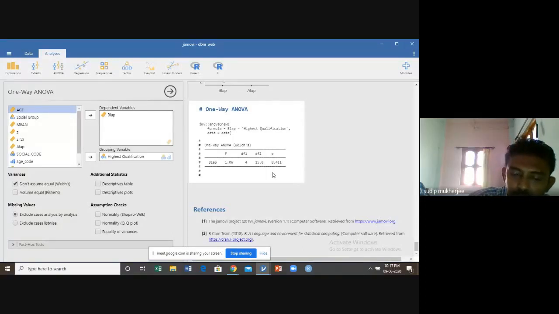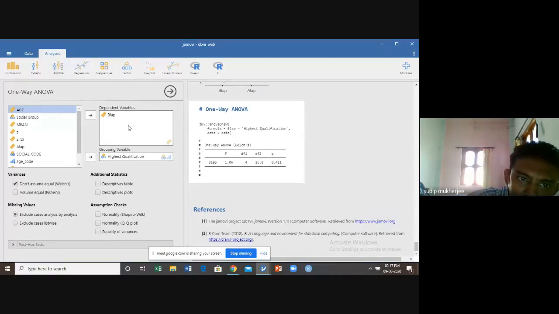As I told earlier, if the p-value is less than 0.05, we accept the alternative, but here the p-value is more than 0.05, so we accept the null hypothesis. That means there is no significant difference in computer use in terms of highest qualification.